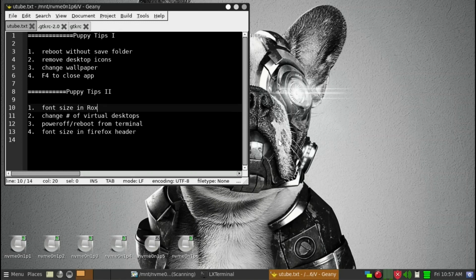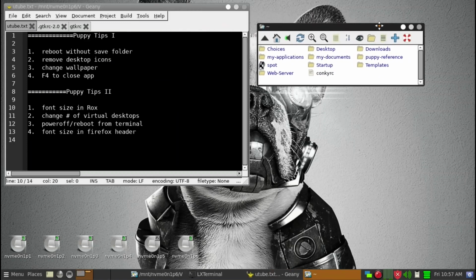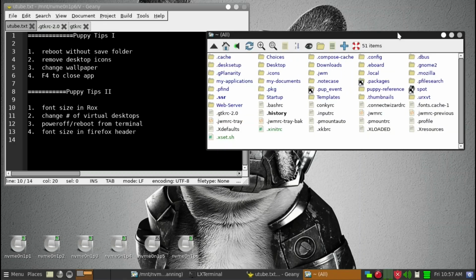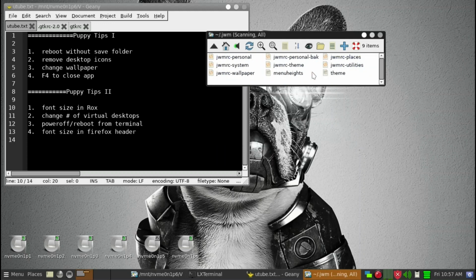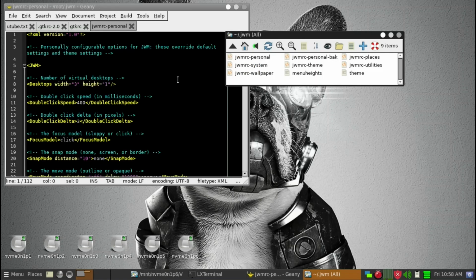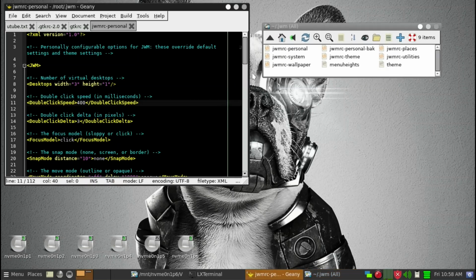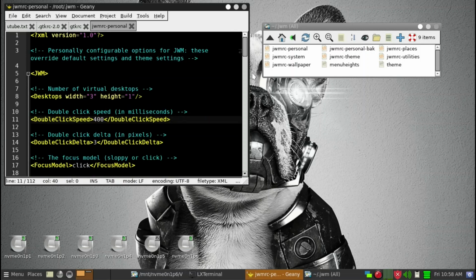So what we can do is just go ahead and open up ROX again, and then we'll put it over here, Control H, and then get into the JWM folder, and then go ahead and modify jwmrc-personal, and then we'll make this a little bigger, Control Shift plus,